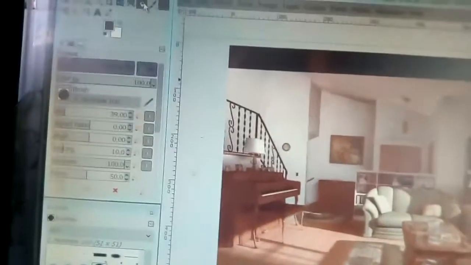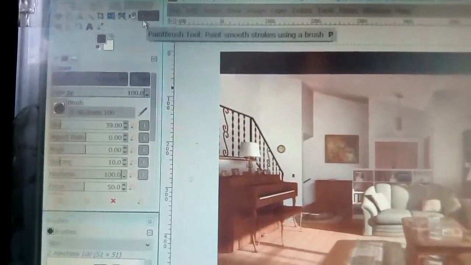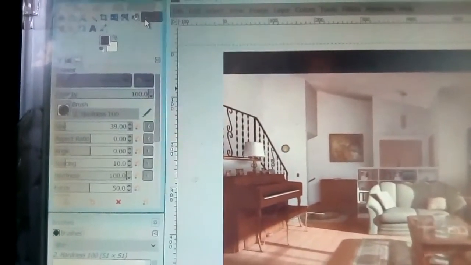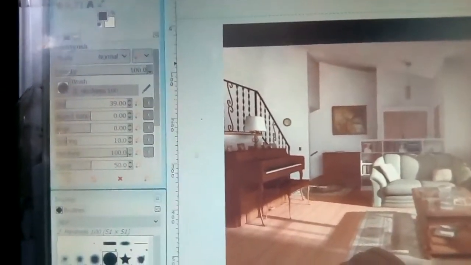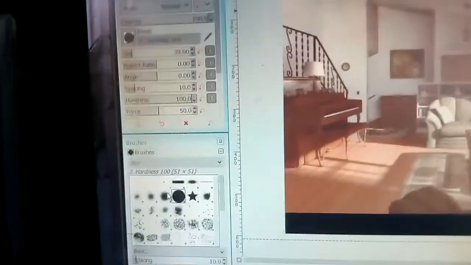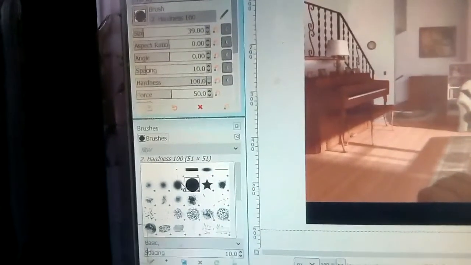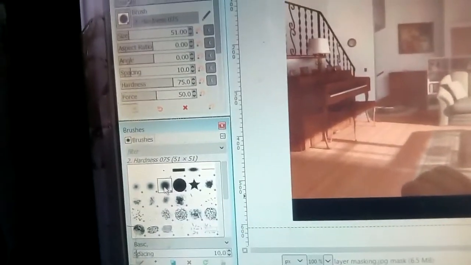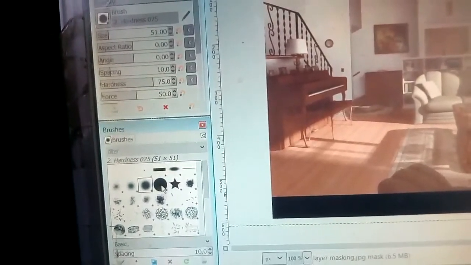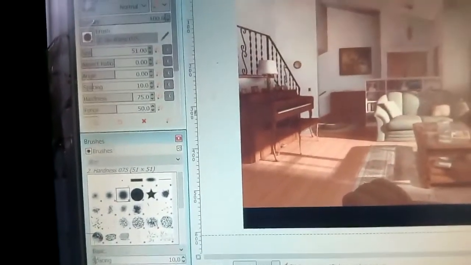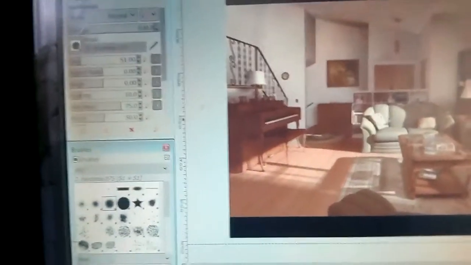Then you have to click on the paintbrush tool. From here you click on the paintbrush tool. Which type of brush you want, you just select that. If you want to change the brush size, then also you can change. Now you have to click over here.